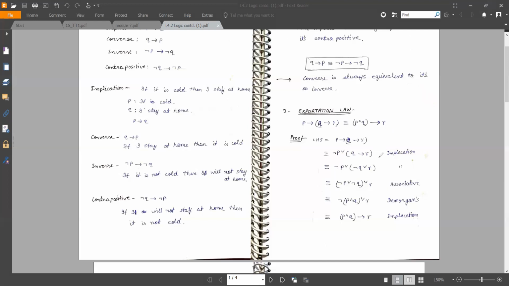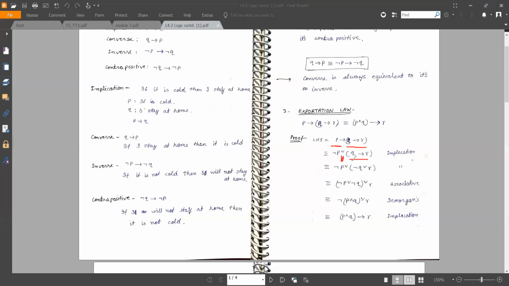So now we can see what we first do: we change the implication to its disjunction equivalent, which is equivalent to saying negation of P, meaning negation of the first variable, combined with disjunction. You can see the disjunction sign coming here, and the rest would be untouched.